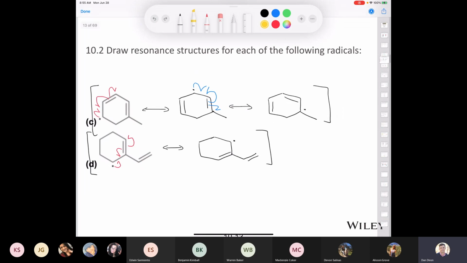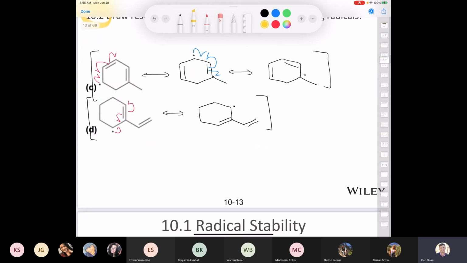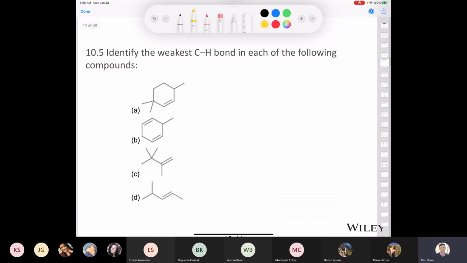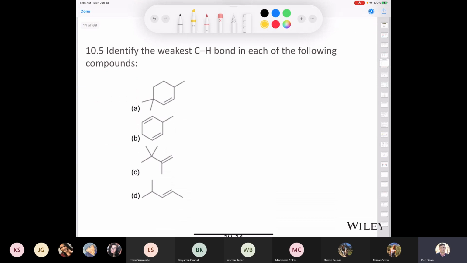All right. So again, this is the kind of thing that I think would require practice. So you might want to go back to question 10.2. You can see we didn't do A and B. So you might want to go back, and I would highly recommend tackling those ones, make sure you understand what's going on. Well, what I think is a really good problem, and I've seen this problem come up on an MCAT before, I've seen it come up on the ACS final before, is they phrase it in a way that